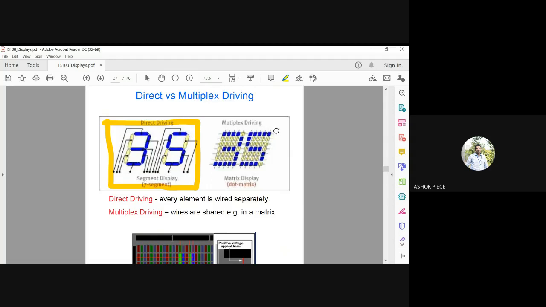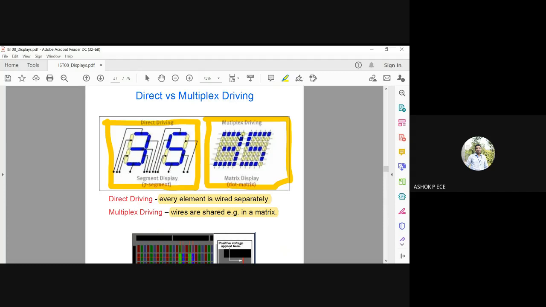And multiplex driving means you are going to have a common matrix arrangement. Depending on which matrix elements have to be turned on, you will be coding for that. In direct driving, each element is wired separately, but in multiplex driving, the wires are shared in the form of a matrix. So it will look like an n cross n matrix, and in an n cross n matrix, you will have n into n elements, right? So you know which element has to be turned on for which particular display.